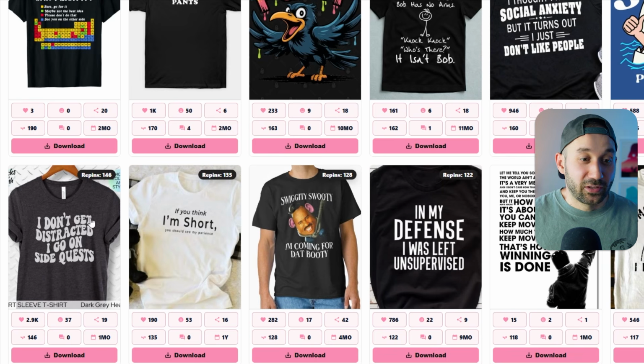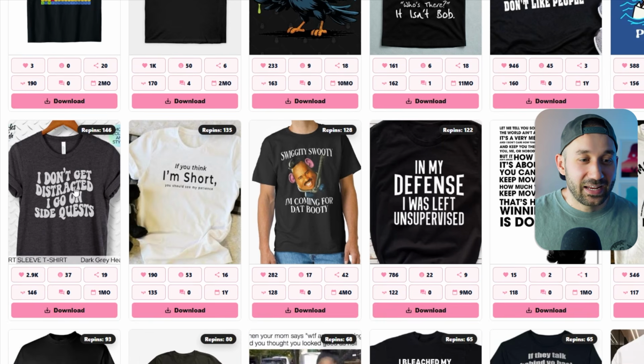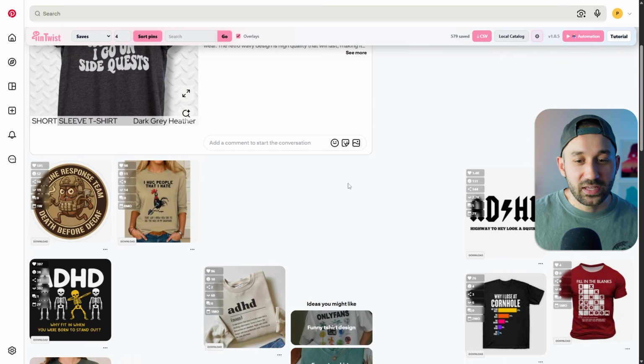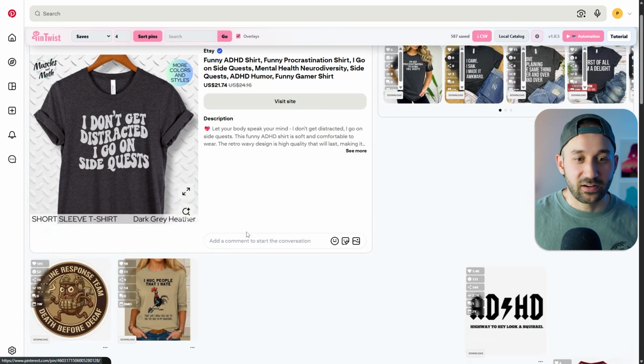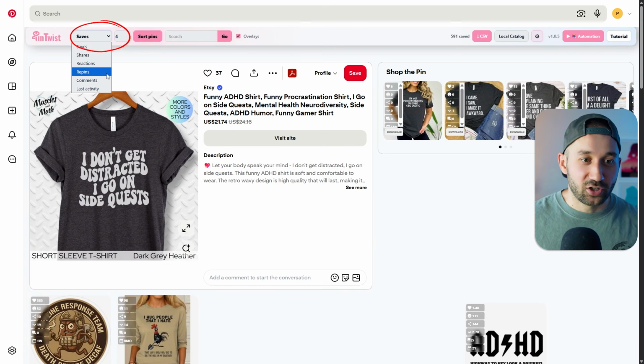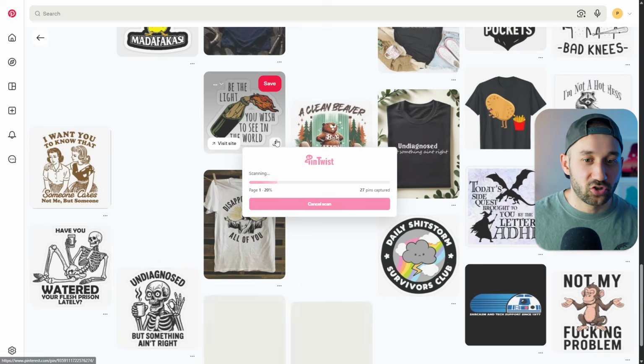Also, quick tip about this tool. What's really cool is you can click into one of these pins. Let's say you like this one, and then you can have this page right here with all of these suggested kind of adjacent pins also sorted. So we can change this again to repins, for example, go through a few pages right here, click sort, and